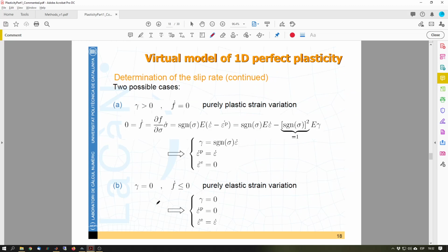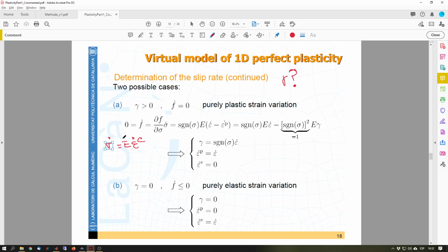All right, so in total, we may look at how to deduce my slip rate. We know that gamma will be different from zero; how can we express gamma as a function of the stresses or the strains? So the condition is when gamma is larger than zero; if gamma is equal to zero, there's nothing to deduce. When gamma is larger than zero, we must have f dot equal to zero. F dot, by the chain rule, is the derivative of f with respect to sigma times sigma dot. And sigma dot, we know that is